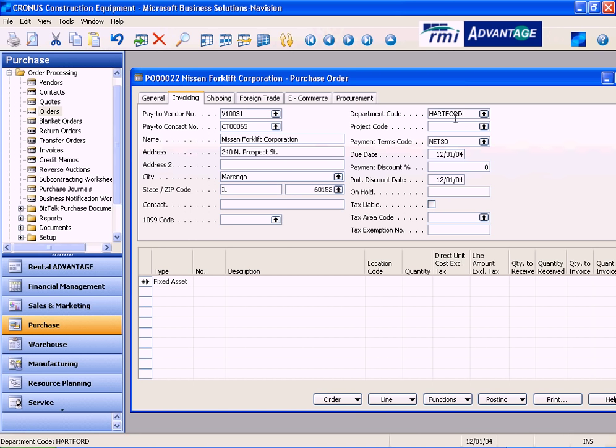Here the department code, which happens to be a dimension established in this sample company. We've got department and project code as our global dimensions, which happen to default in from the responsibility center. So it brought in our Hartford department. It brought in our payment terms code that vendor has assigned to us. So here we've got the due date of this particular